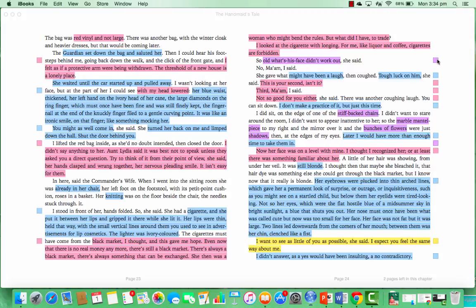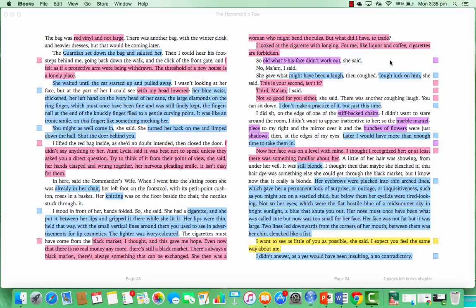So, what could be the significance, knowing that the commander's wife could potentially bend the rules and might not be 100% rigidly controlled by her society? In fact, the commander's wife says to the protagonist,